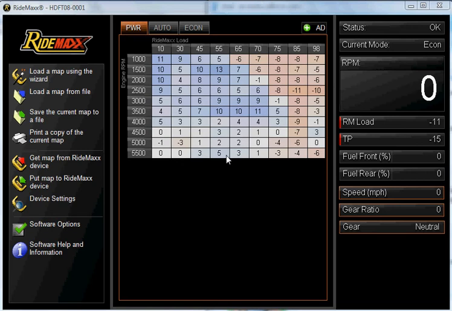This tutorial is going to cover some advanced map changes you can make with the RideMaxx software, and also some in-depth things you can do throughout the software. One of the first things we can look at is we're going to show you how to add a row